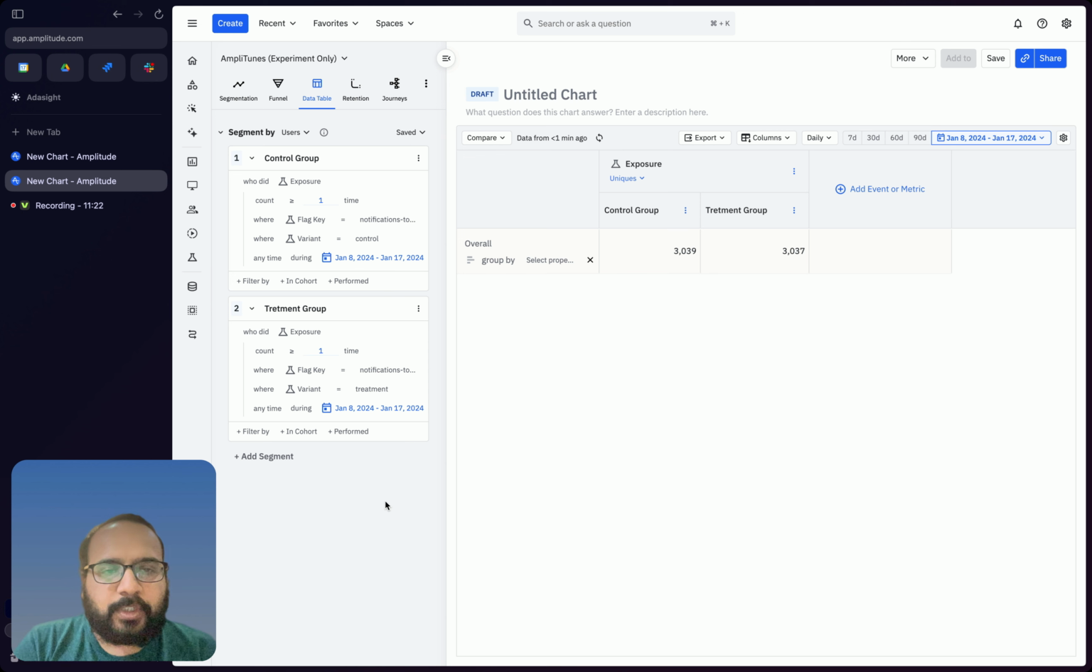Okay, so now you can see we have the number of unique users who were exposed to the experiment. We see that the control group has 3039 users and the treatment group has 3037 users. We can see that the distribution of users between control and treatment group has been more evenly divided. So this just tells us how many users were exposed to the experiment. Now we're going to add an event to track the results